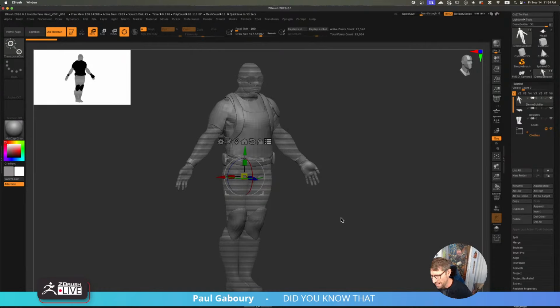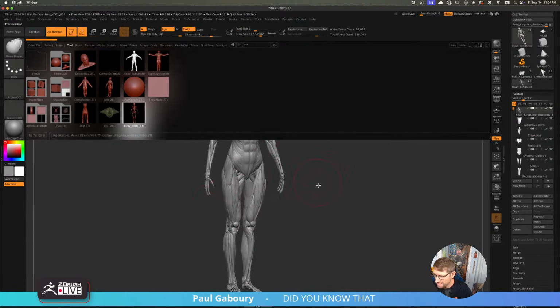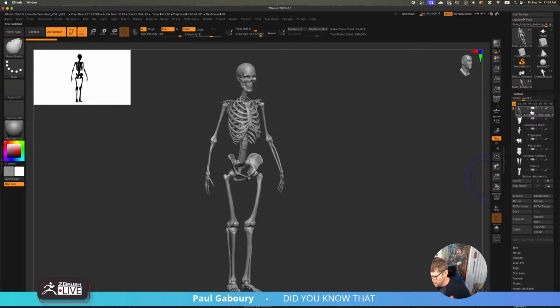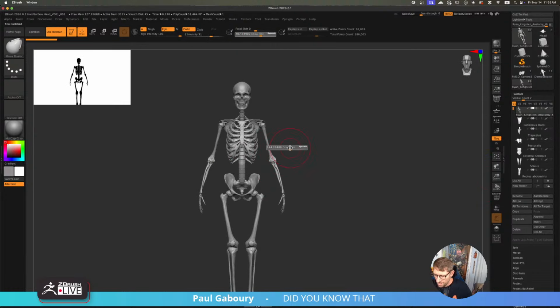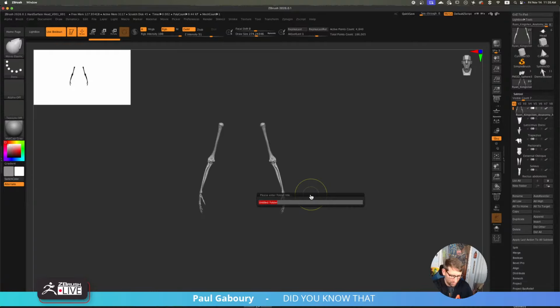So that's how you would make multiple subtools be in one folder. It's the same no matter what you load. If I loaded Ryan's skeleton, just the skeleton alone, and I wanted, say, all the arms, including the hands, right? So if I do this, and now I say, hey, let's make that a folder. And then I just say arms.